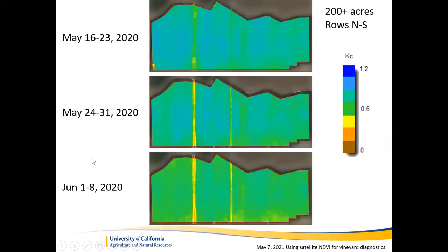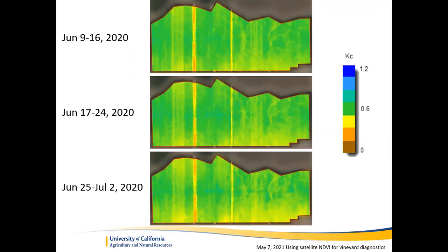We see the trend here over time. As we proceed, we start getting some areas of a little bit weaker growth towards the southern edge of the field here. Let's look a little later. Now in June, some very interesting patterns start to appear. So these areas here, these long straight areas here and over here to the right,